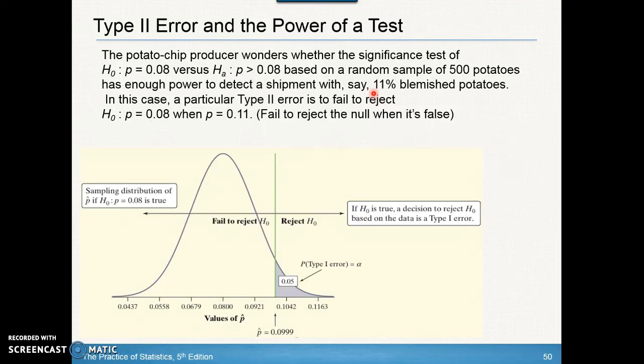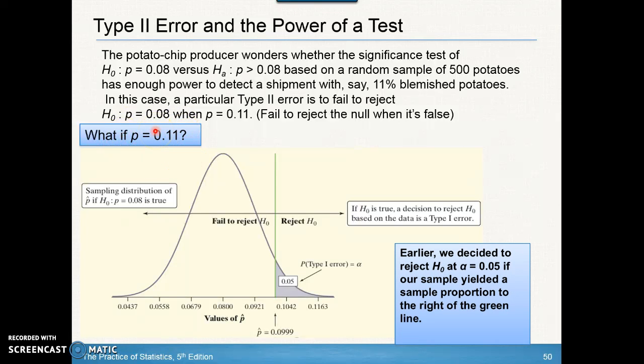So in this case, our particular type 2 error is to fail to reject. Okay, so remember, a type 2 error is failing to reject the null when it's false. So what we're going to take a look at is what happens. What if P is actually equal to 0.11, or what if the proportion of blemished potato chips is actually